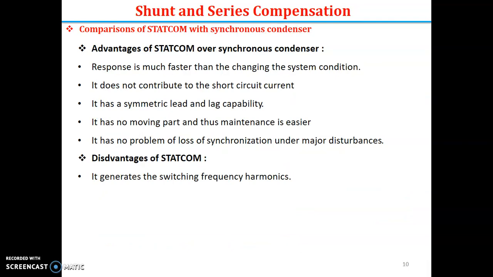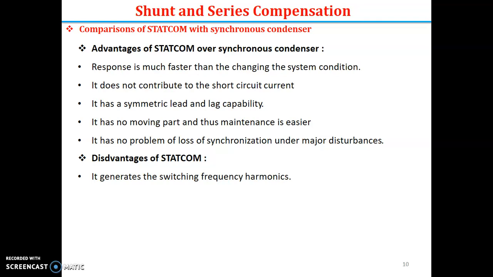Now in this slide we will see what is the difference between the synchronous condenser and the STATCOM. The synchronous condenser generally has a huge amount of energy requirement. In the synchronous condenser, while rotating, the DC field winding of the rotor results in generating the AC voltage in the stator winding through magnetic induction. Since the rotating part requires maintenance, the STATCOM instead generates the AC voltage by synchronous operation of the switches. So that is static in nature.